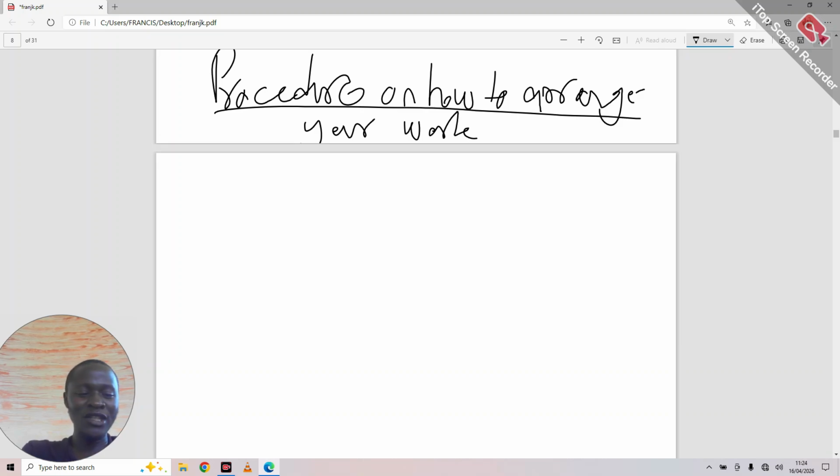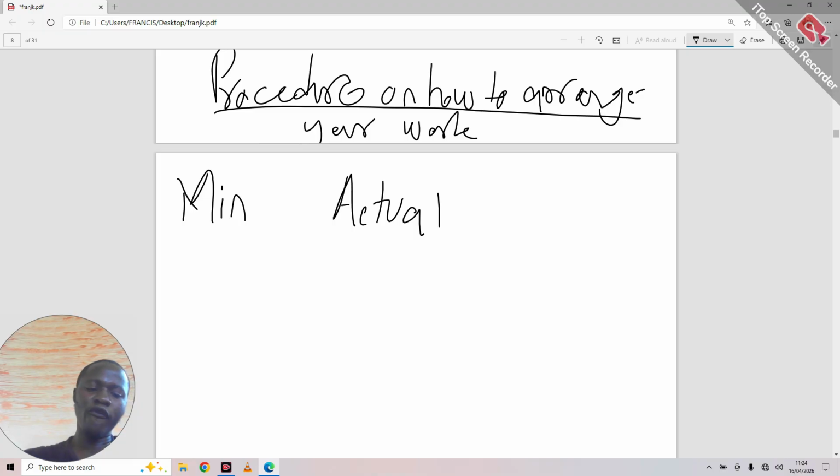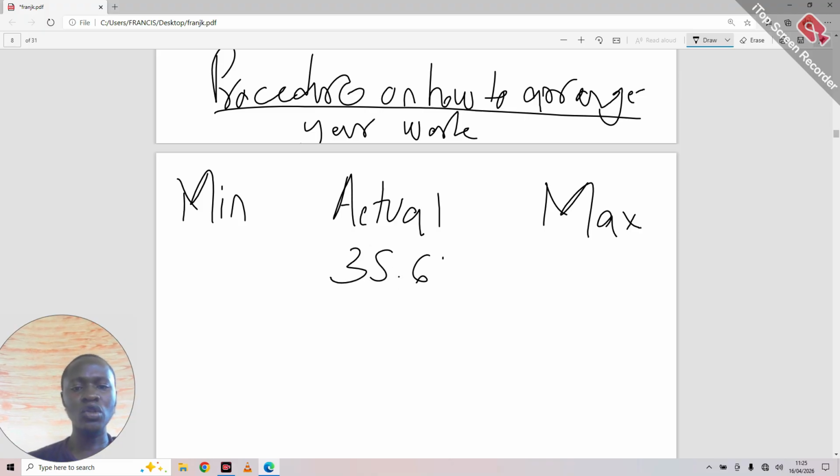Procedure on how to arrange your work. At the far end of your left hand, have min, which stands for minimum. At the middle, have actual. Then at the far end of your right hand, have max, which stands for maximum. Now, what is the actual number? We were told Amina multiplied 35.61 and 5.6. Those are the actual. So arrange them here: 35.61,